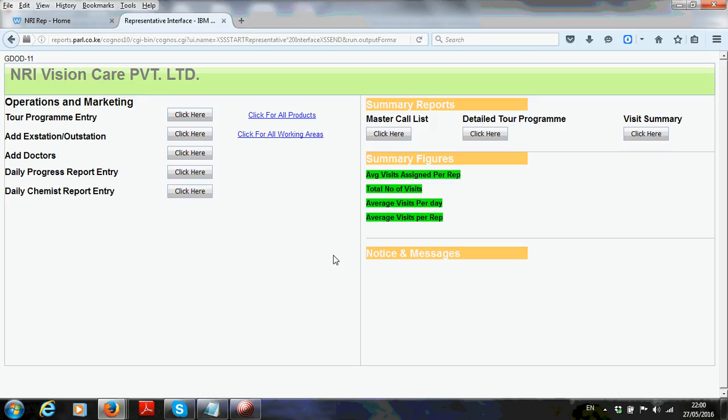Now once you have made an entry, please make sure to check here in the visit summary. I understand it's a new tool. There will be problems initially. You may find it a bit slow, but please remember it's not a website. It's software.